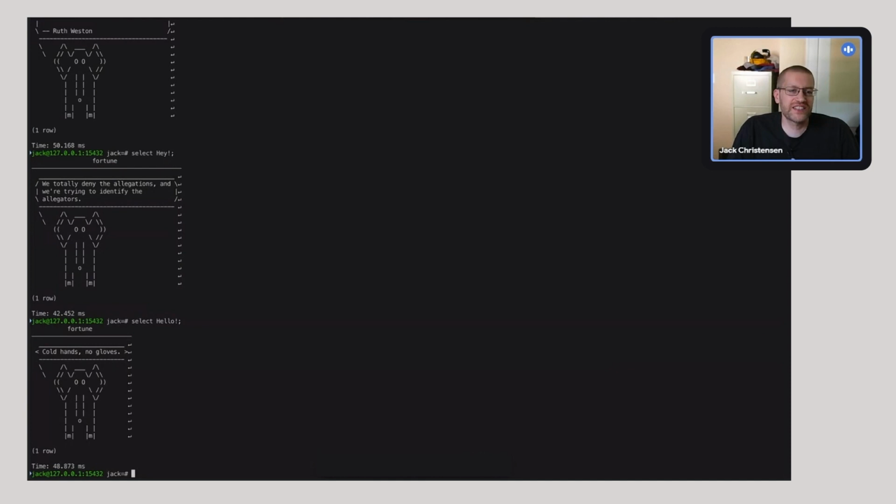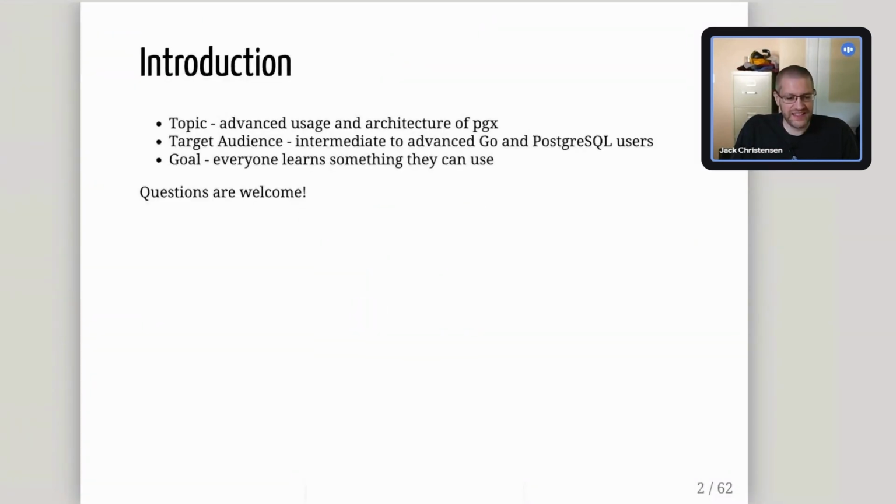So we are going to start out with the standard lib and database SQL, and we're going to end up going all the way down to the bottom of messing around with really low-level Postgres stuff. Because PGX is a database driver and toolkit, and there's a lot of pieces you can take out of it to use to do other things, like this crazy psql pgfortune example. Okay, so with that as the intro to where we're going,